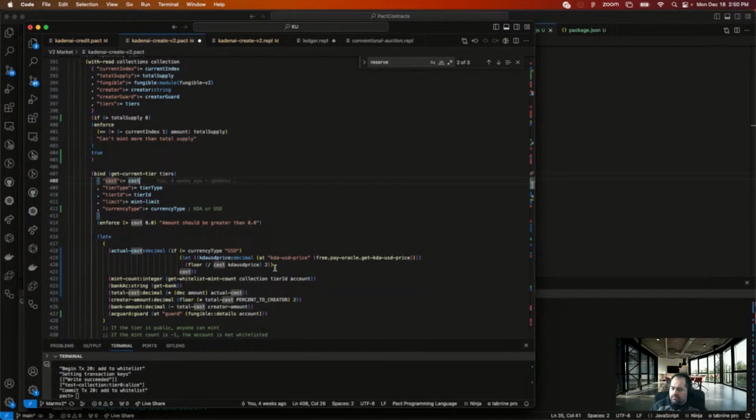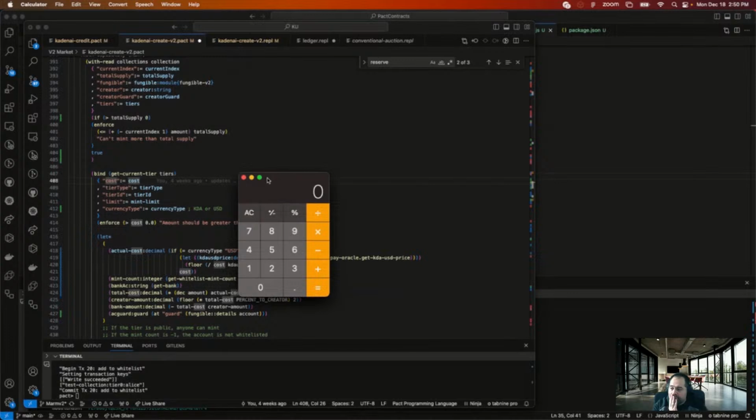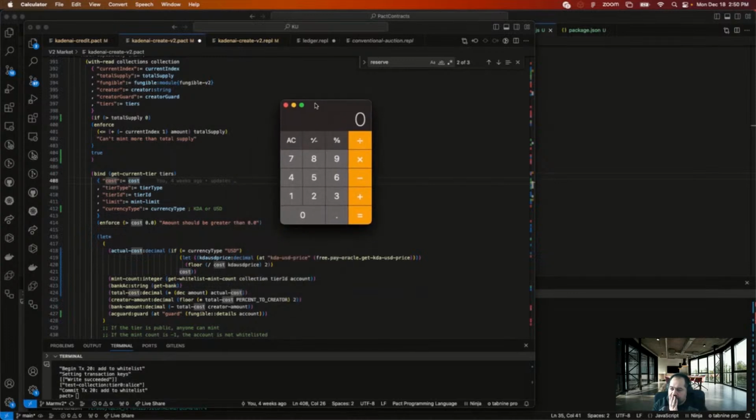Cost. I wonder if that math is throwing it off. So that would be 2 divided by 0.6.